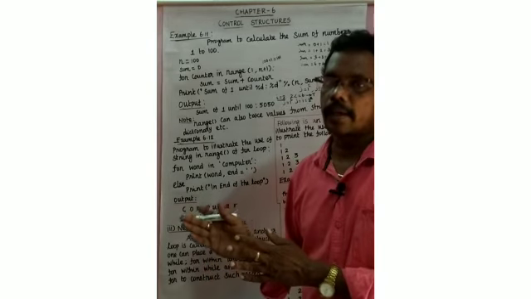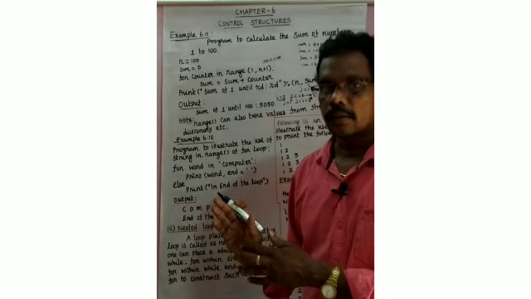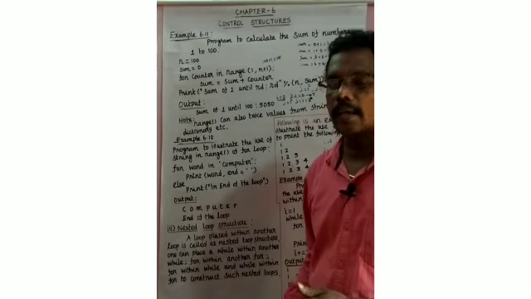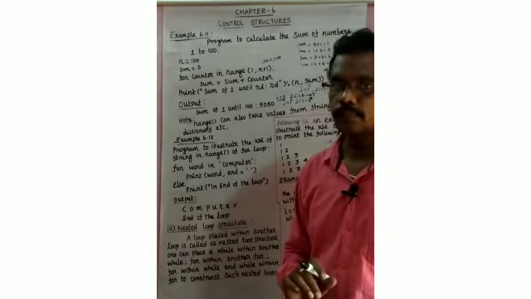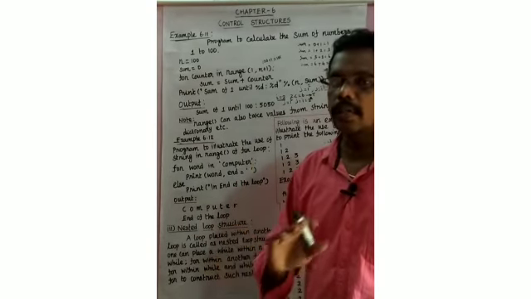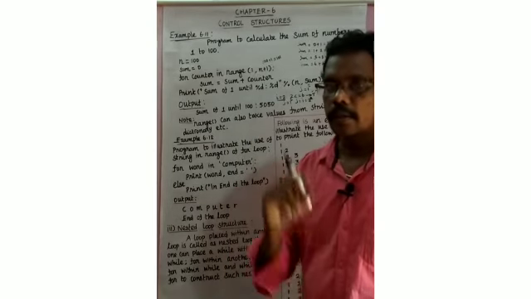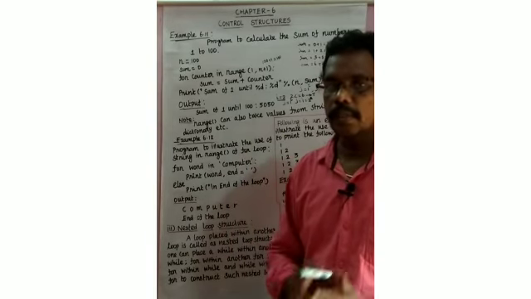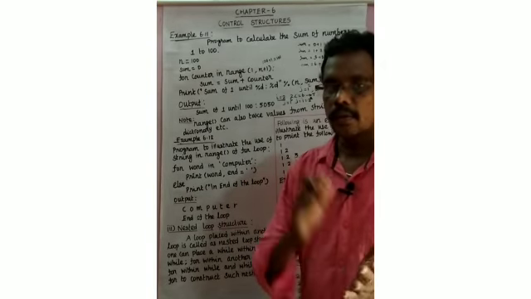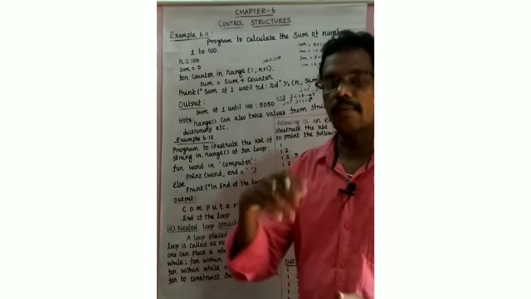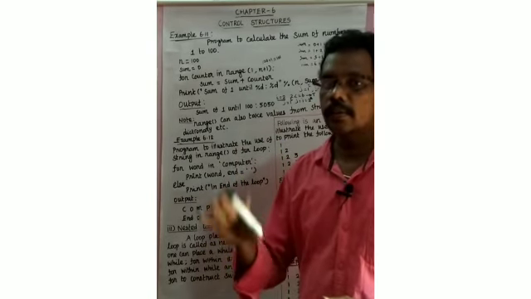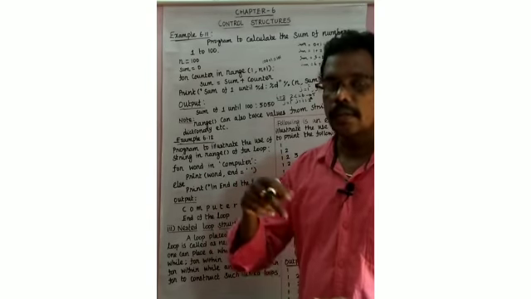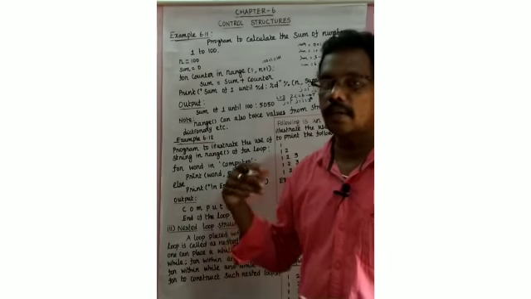Because at that time the i value is 3. Okay, so if the condition is false, next increase the i value to 4. If i is 4, j will execute 4 times: j value 1, j value 2, j value 3 and j value 4. If j is 5, the condition is not satisfied, so i increases to 5. If i is 5, j will execute 5 times: j value 1, j value 2, j value 3, j value 4 and j value 5.